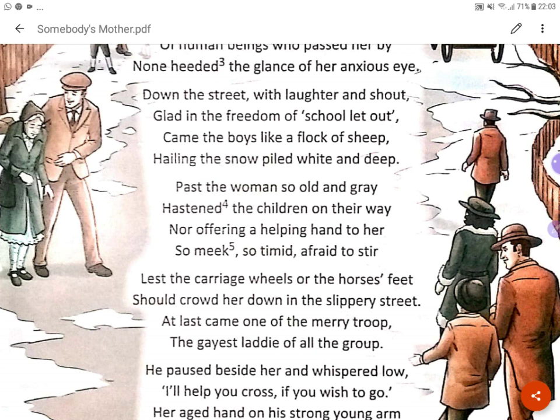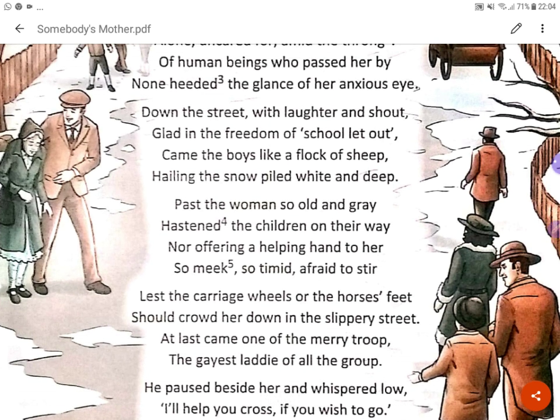Now in this, let me explain it first. From those boys no one gave her help to cross the road, as she was so weak, timid, and afraid to go ahead, afraid to walk out onto that road. Now she starts thinking that the carriage wheels or the horse's feet perhaps run over her on the slippery road, because